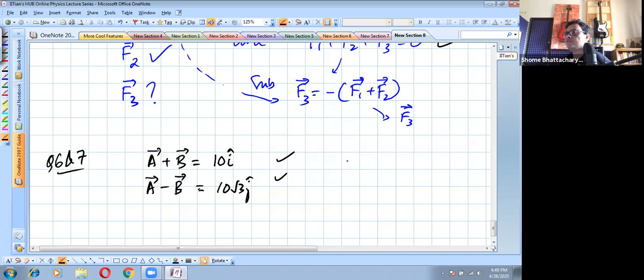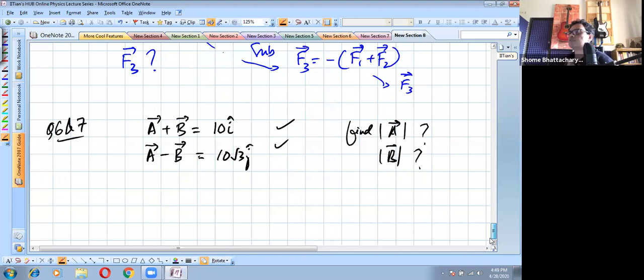Now from this I have to find out the vector A or its magnitude, the vector B, its magnitude, or whatever. These kind of things I have to find out. So you have to find out the magnitude of A in 6 and the magnitude of B in 7. So there's a little trick here. If you think of this like equation 1 and this is equation 2, you can see that one equation is the sum of 2 vectors, the other equation is the difference of 2 vectors. So if we just add the 2 equations,